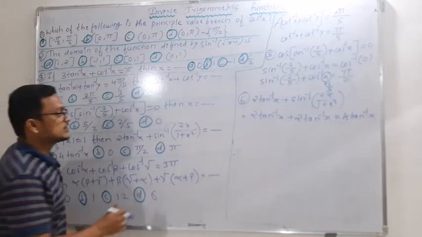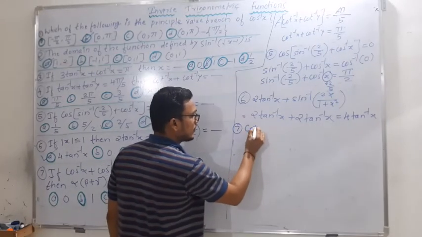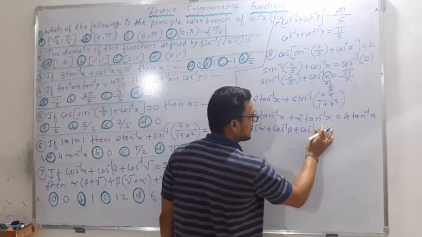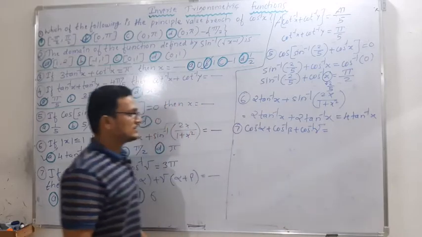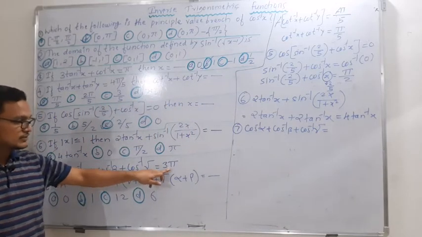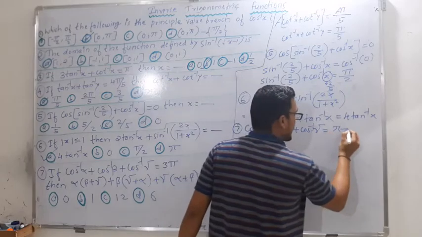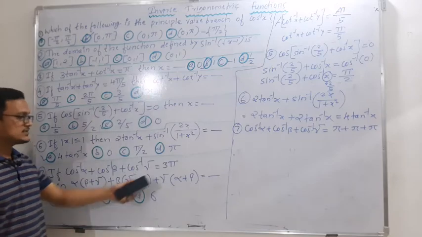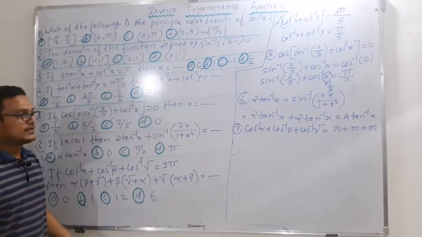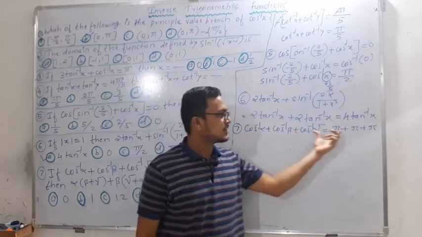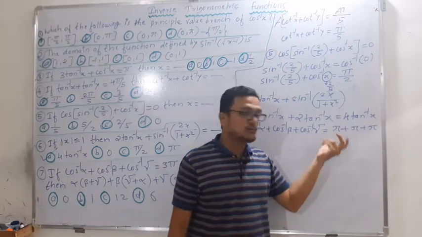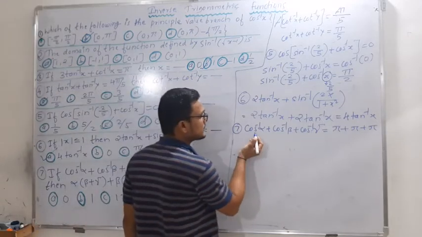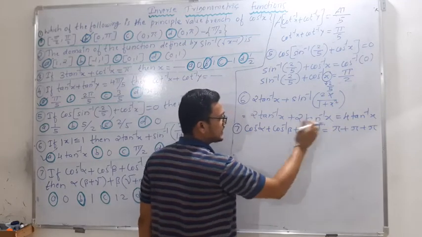So see, I will take that condition: cos inverse alpha plus cos inverse beta plus cos inverse gamma is equal to, they have given, 3 pi. Can we write this 3 pi like this? That is pi plus pi plus pi. Again its sum is 3 pi only. I have just written this 3 pi as pi plus pi plus pi. So here we have 3 terms, and here also I have 3 terms, with an equal sign in between. So we can equate their corresponding elements: first element to first element, second to second, third to third.